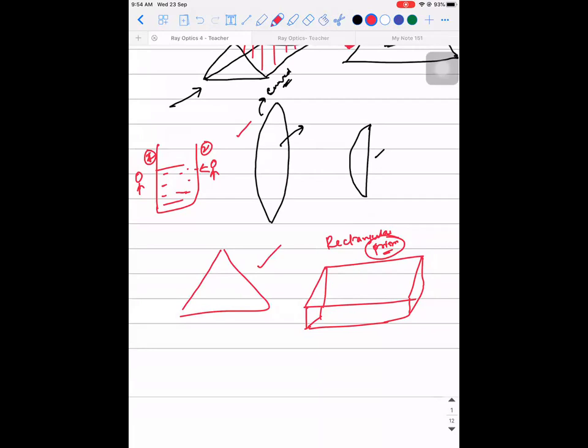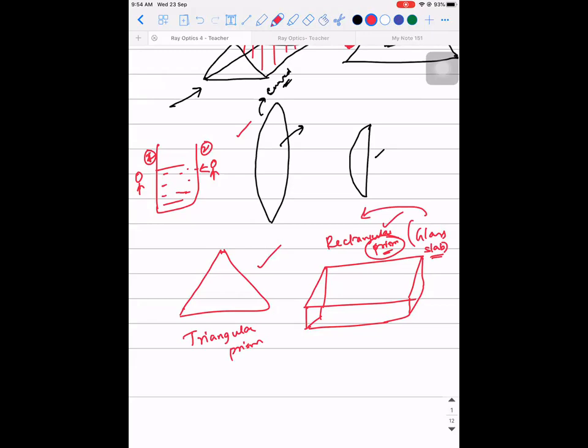But this cannot classify the whole family of prisms. It is one of the types of prisms where the condition has to be satisfied: both the refracting surfaces should be planar in nature. So our topic of discussion is restricted to the triangular prism, and we have already discussed the rectangular prism, which is given another name, a glass slab. It's called a rectangular glass slab. But you should have this in the back of your mind, that it is a prism actually.